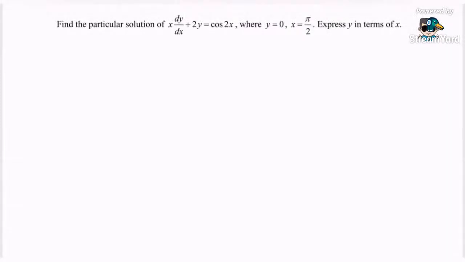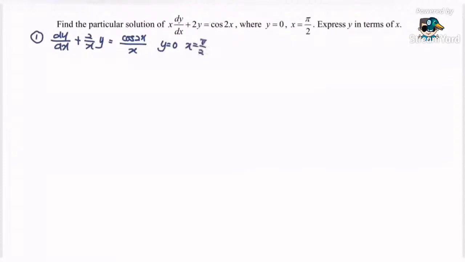Step number 1, compare with the standard form. So meaning that we have to modify the situation by dividing x. So dy dx plus 2 over x multiplied with y is equals to cos 2x over x. Given the information, y is equals to 0 and x equals to pi over 2. Second step is to find the integrating factor, where we have e to the power of integrate 2 over x